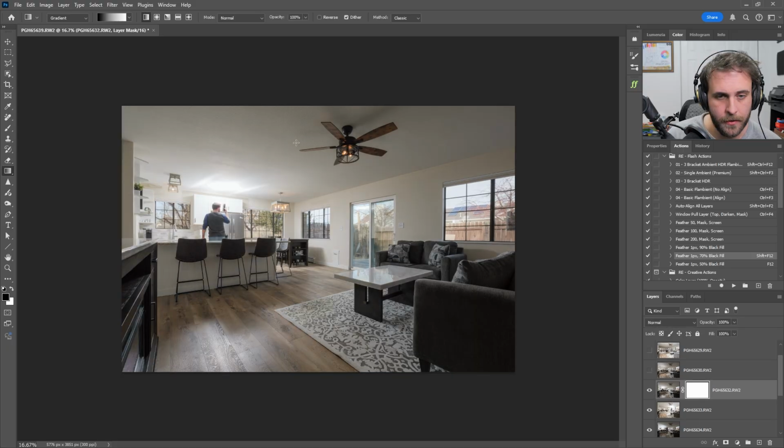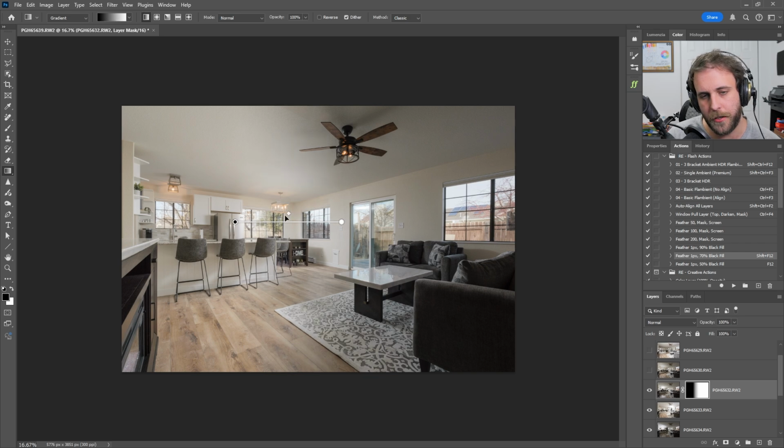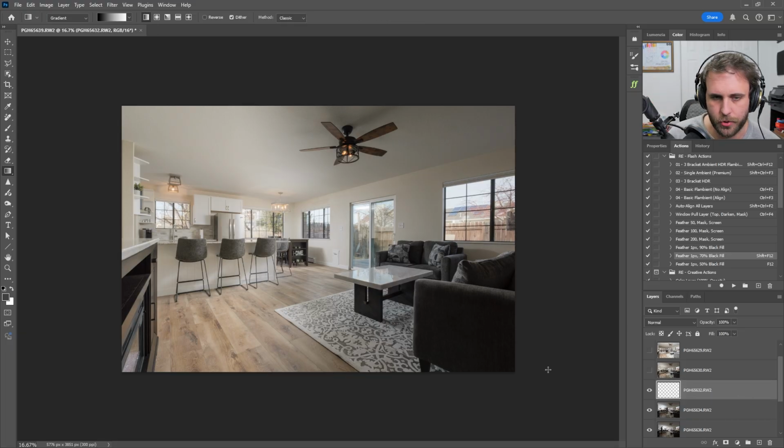Layer mask. We're still on gradient. Click and drag. Where am I? I'm over here. Okay. So I am about right there. Sometimes I find it nice to put this middle spot near the lights if possible, because it naturally makes it a brighter spot. So there's that. Control E. A little bit of a hot spot on the fridge there. I wonder which layer is that coming from. This one. Okay, and then